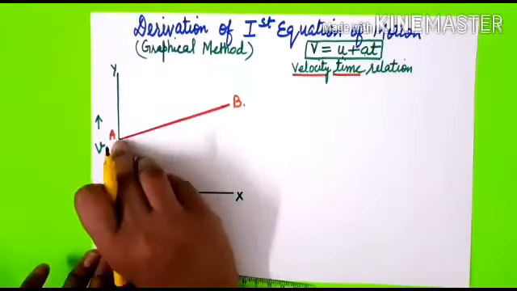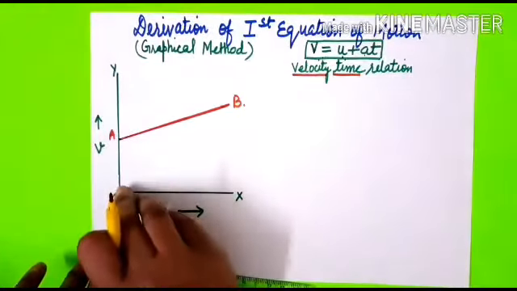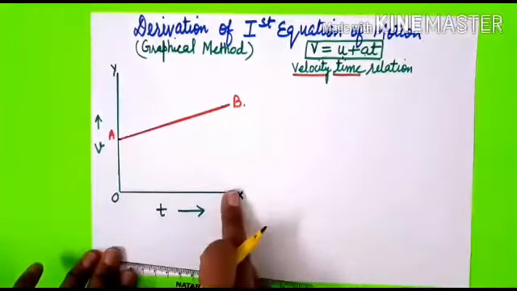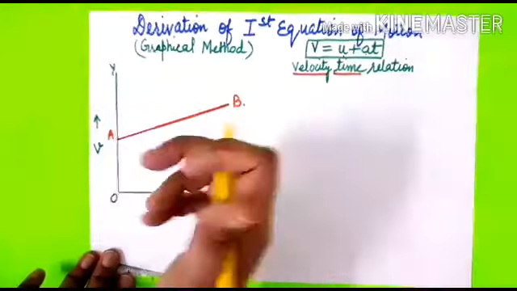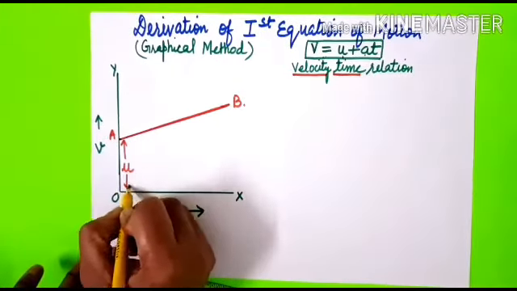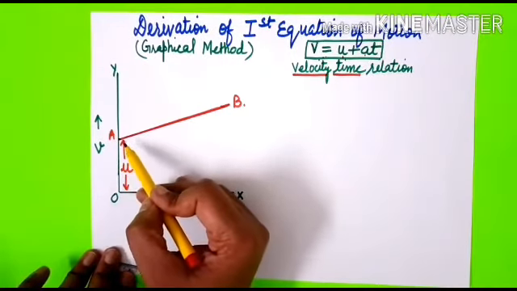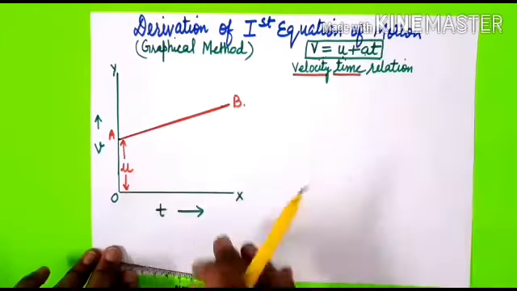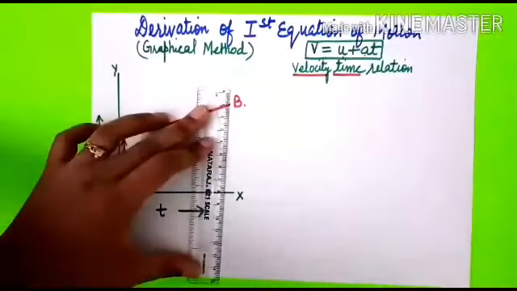So here the journey has not started with 0 velocity. Here there is some velocity. So this VT graph represents some initial velocity. So OA we can represent as the initial velocity u, because the person does not start his journey with 0 velocity. He has some initial velocity. Clear?